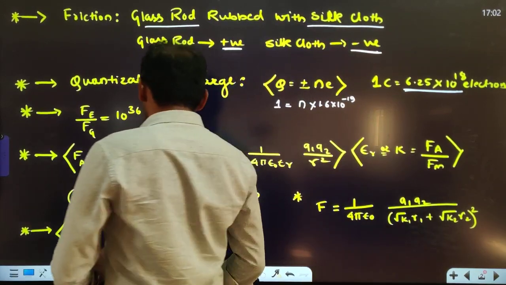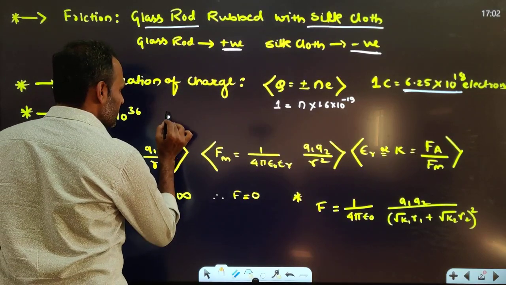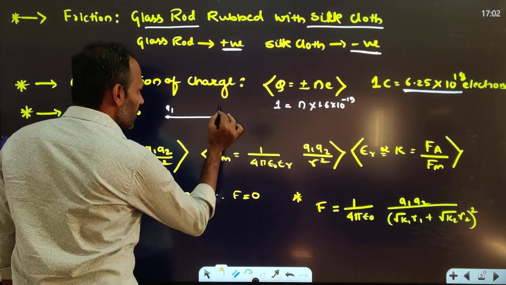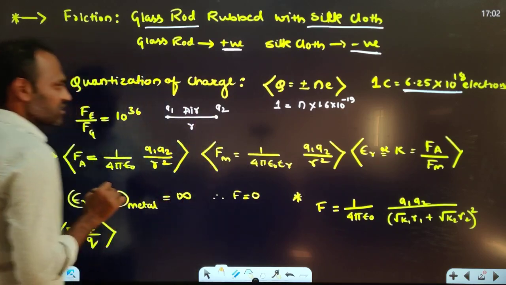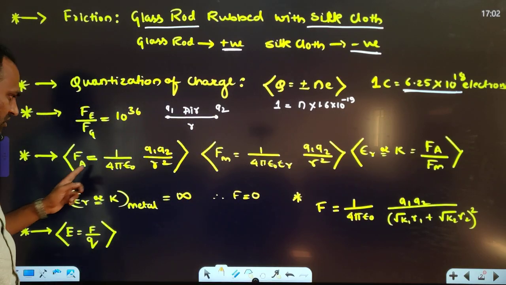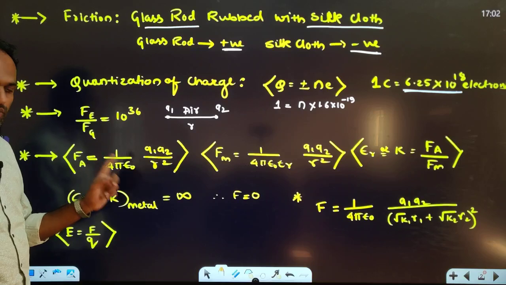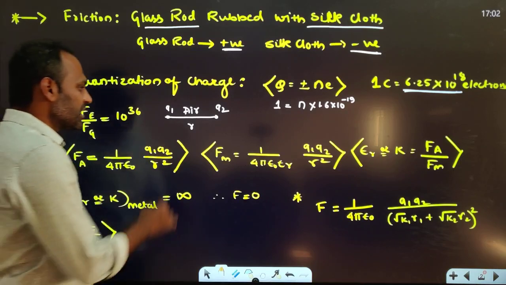See, if 2 charges are separated by a certain distance in air, let me say this is Q1 and this is Q2, these both are separated by distance r in air. If they are separated by distance r in air, then the force between the 2 charges is 1 by 4 pi epsilon Q1 into Q2 by r square, which is Coulomb's force. And if you substitute a medium here,